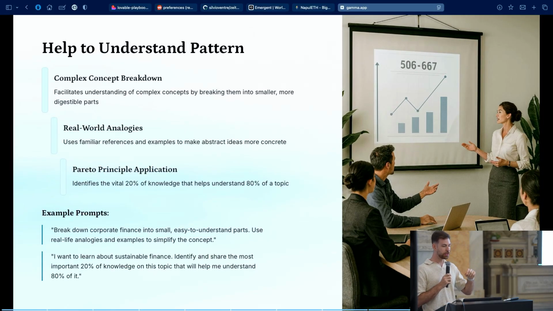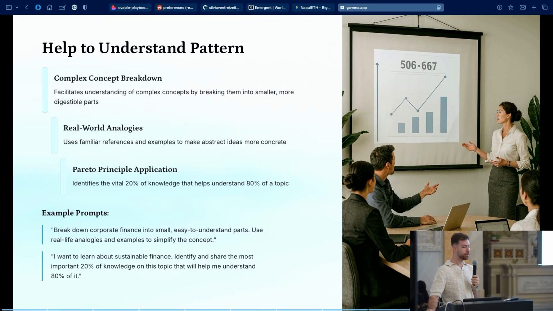I'd like to talk to you about the decision pattern that I mentioned before. This is the help-to-understand pattern. It's very useful when you don't know something about a specific context, a specific topic. So you want to understand something, or you have to take a decision on something that you don't know. You can use ChatGPT or any kind of LLM to understand a specific topic, and you can use different patterns